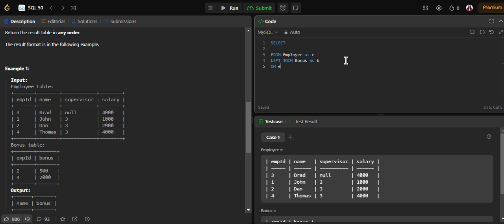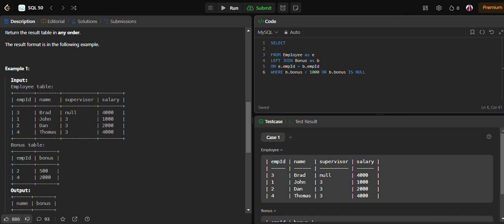So E dot employee ID is equal to B dot employee ID, and the condition that we have is B dot bonus should be less than 1000, or one more condition is that B dot bonus is null.